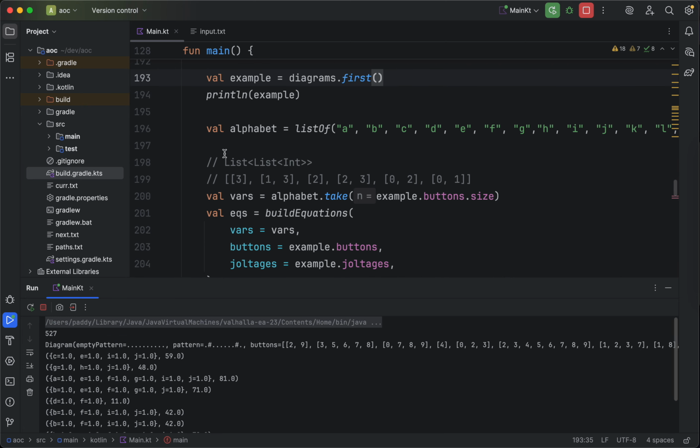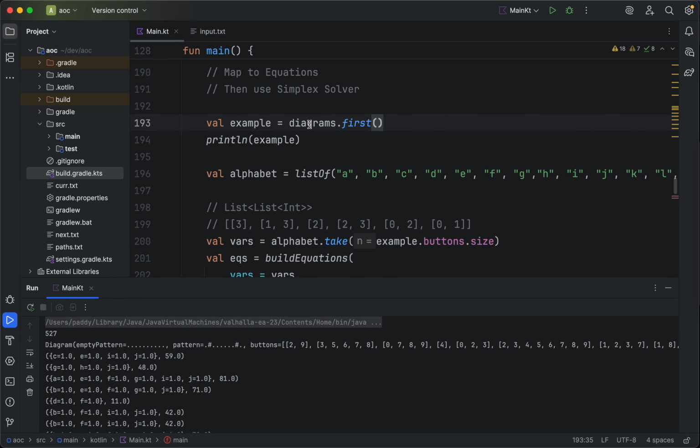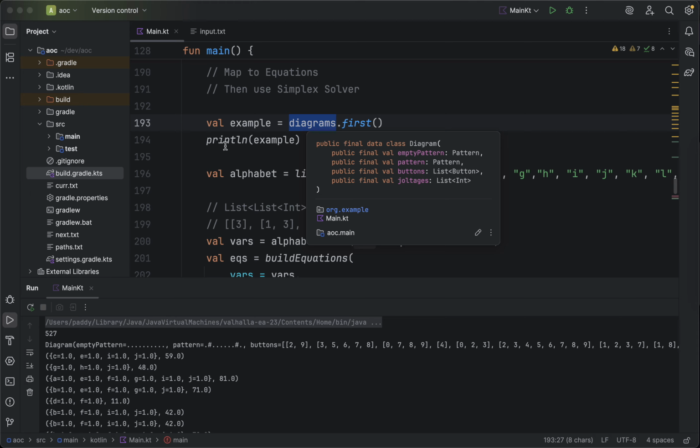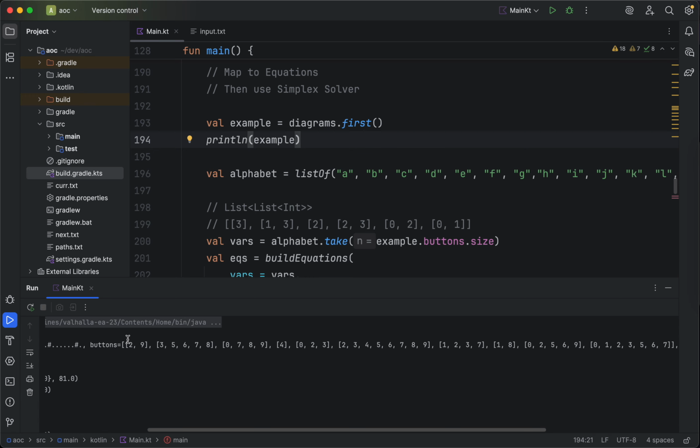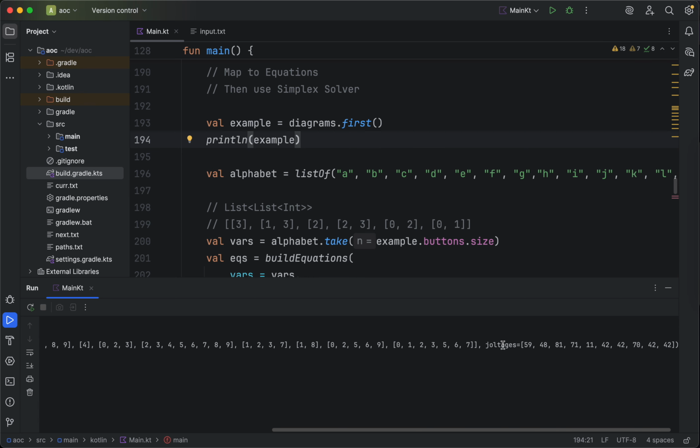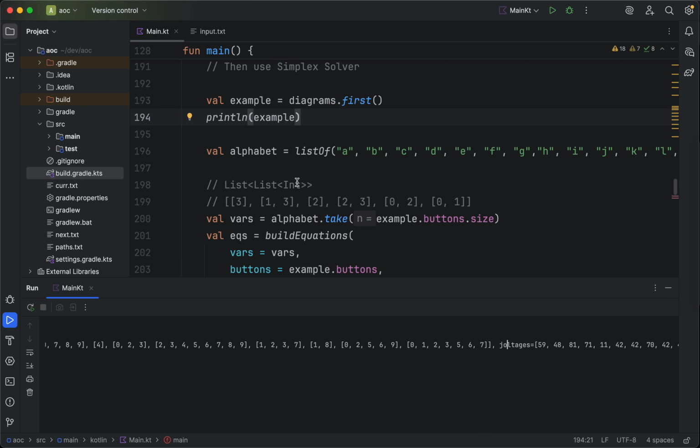Yeah. So I have an example here in the top. So I have all my diagrams, same setup as before. And I print the example. So the example is this, the empty pattern is this. Okay, we can ignore the patterns. We have these buttons, 10 buttons, I think. And then the voltages. And then similar to our previous example,